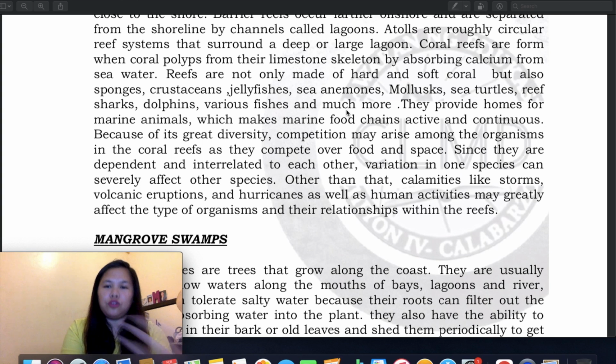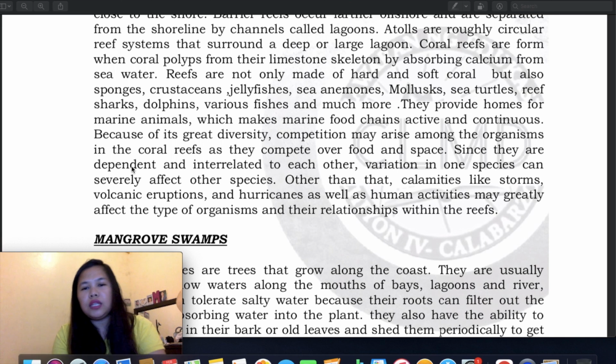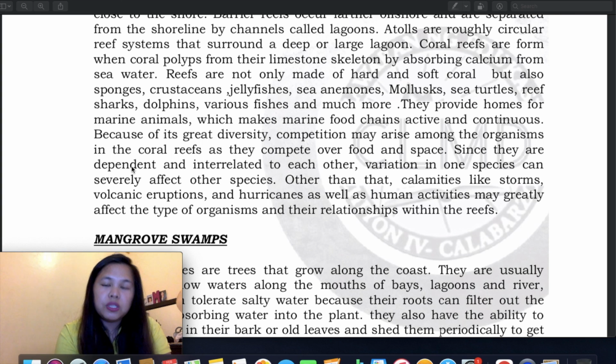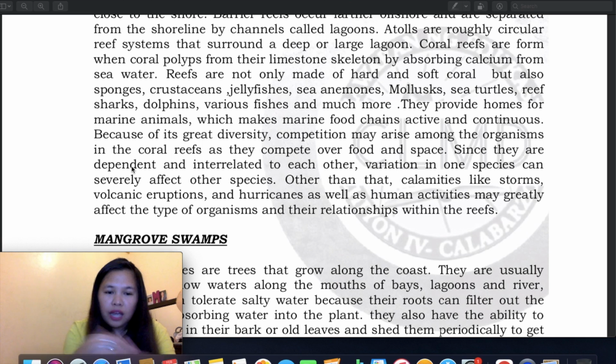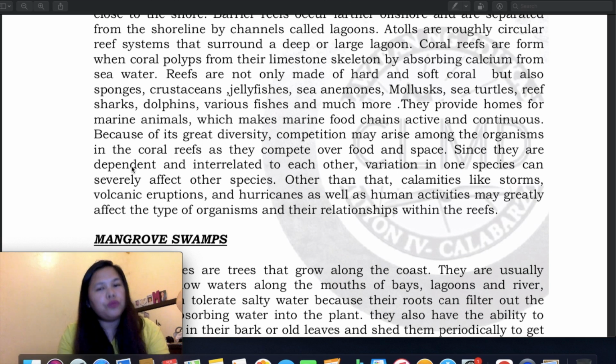So, they provide homes for marine animals, which makes marine food chains active and continuous. Because of its great diversity, competition may arise among the organisms in the coral reefs as they compete over food and space. Diba kapag nanonood tayo ng mga movie ng mga shark na ganyan, diba ang kinakain din ng mga shark is small fishes, diba? Tapos yung small fishes kinakain din sa ganyan. So there's a food chain and food web na nangyayari dun sa